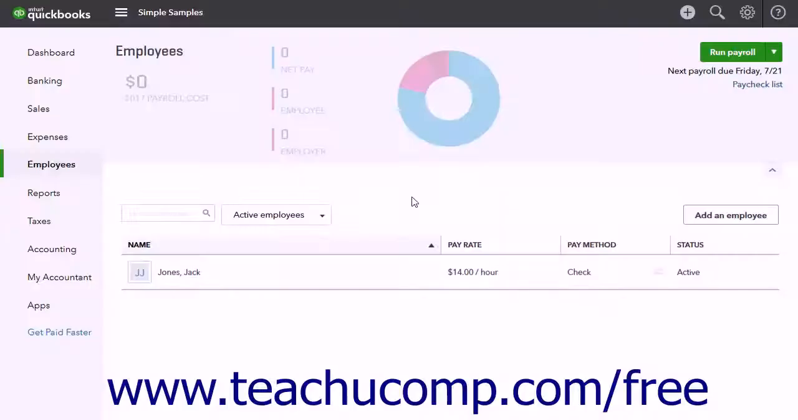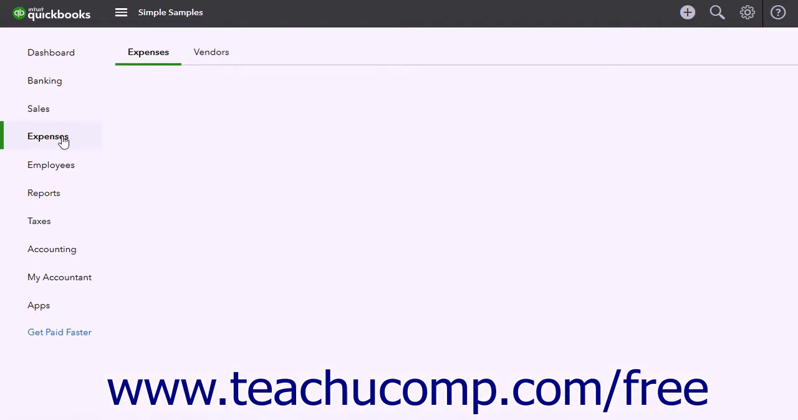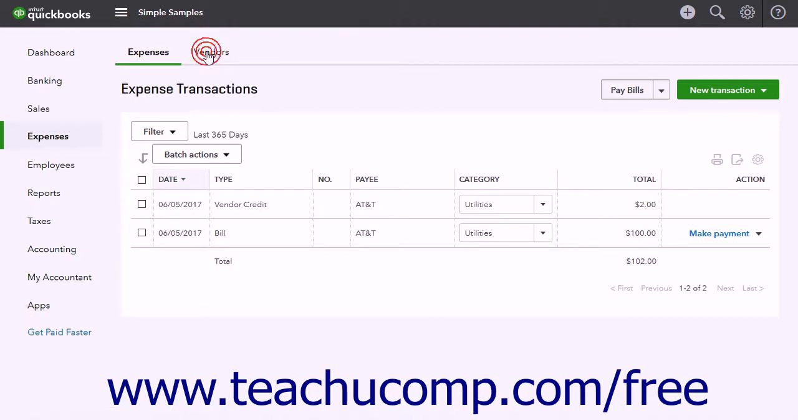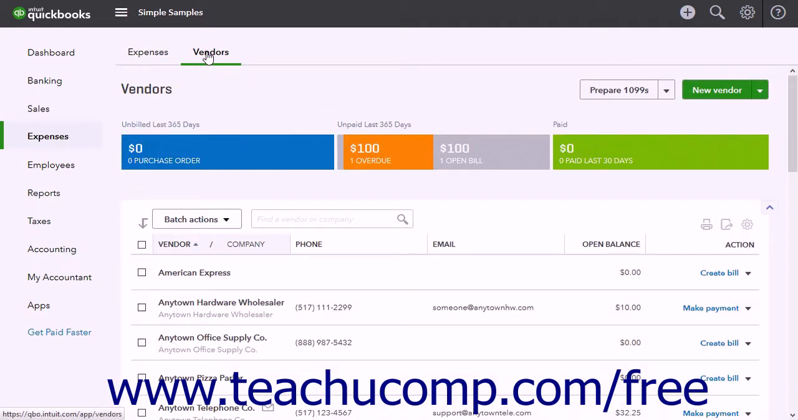You can open the vendors page by clicking the Expenses link in the navigation bar and then clicking the Vendors link at the top of the page that opens to the right. This page shows all of your company's vendors. In the upper right corner of the page are two buttons. The first is the Prepare 1099s and Pay Bills drop-down button, and the second is the New Vendor Import Vendors button. To add a new vendor to the vendors list, click the New Vendor button to open a vendor information